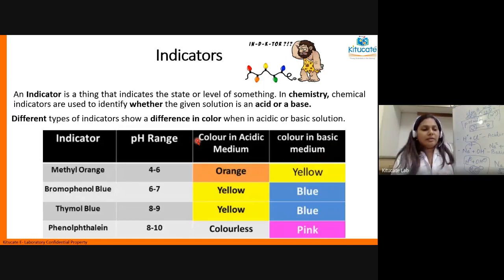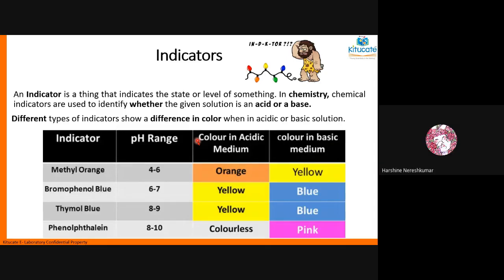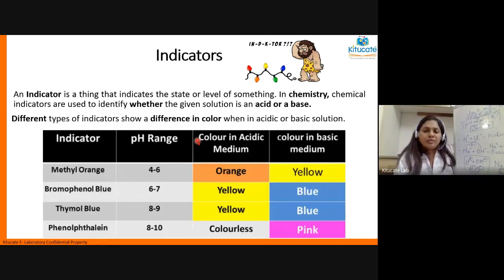Imagine I give you a solution. You all have many solutions right now, right? Can you find out the concentration of H plus ions in any of your solutions? Is it easy to find out? No, ma'am. Looking at it, can you find out? No, ma'am. You cannot. So we cannot calculate pH because we cannot find out the concentration of H plus ions in the solution.